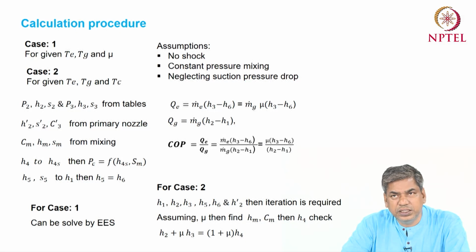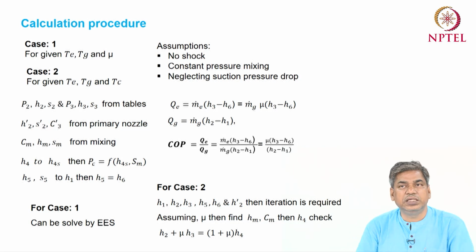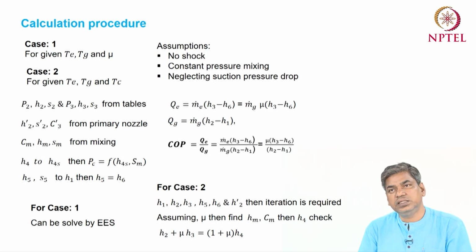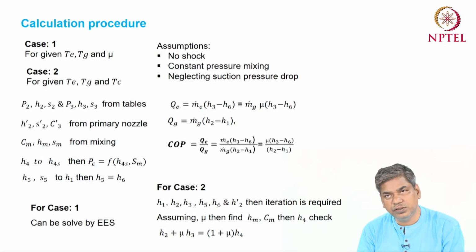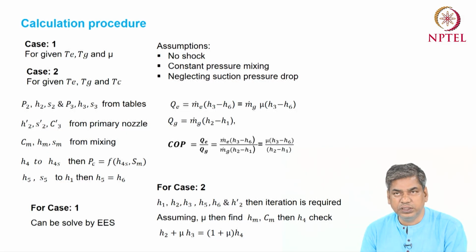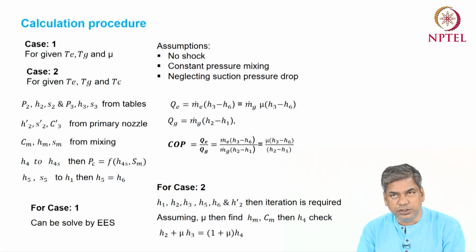Okay. But let us say, for the simplicity of the calculation, the evaporator pressure is equal to the mixing chamber pressure. That means the pressure drop for the secondary fluid is negligible, if you neglect it. So, if there is no pressure drop, that means C8, which I discussed in the previous slide, the velocity at the secondary flow outlet from the secondary nozzle, is equal to 0. Okay. So, C8 is 0.